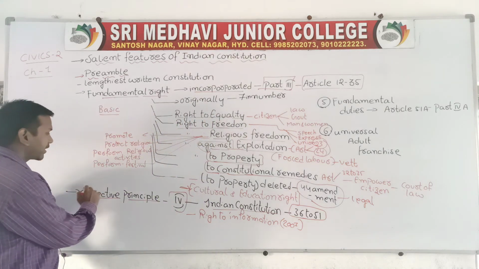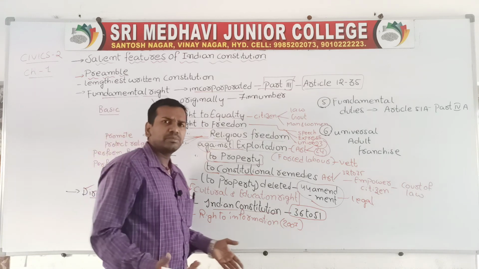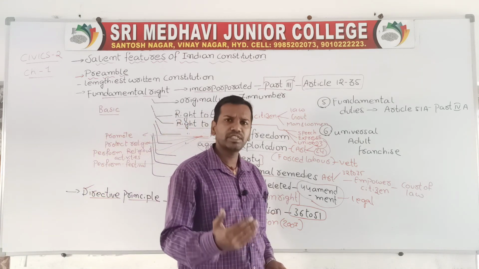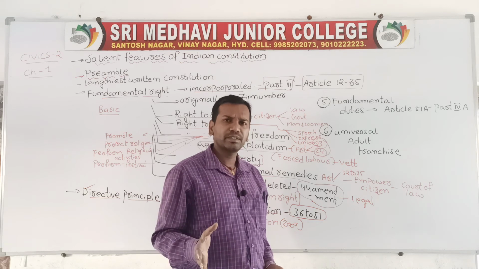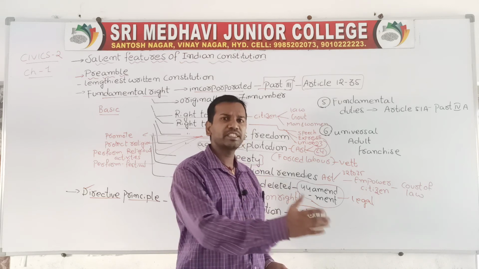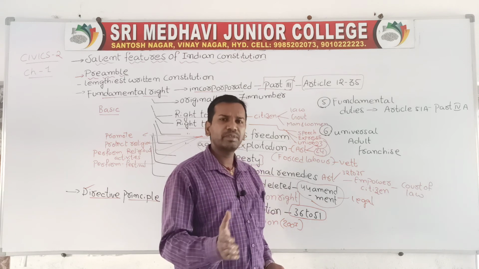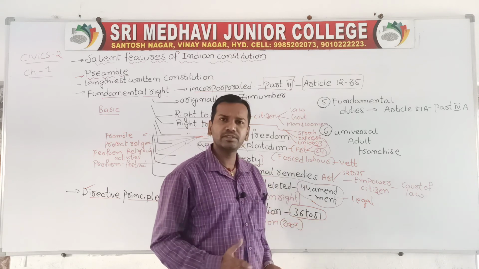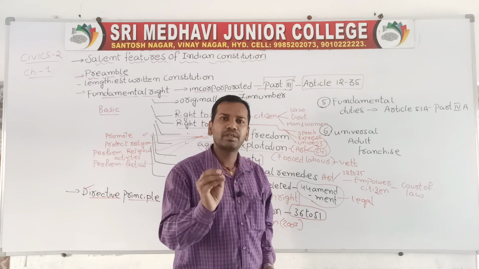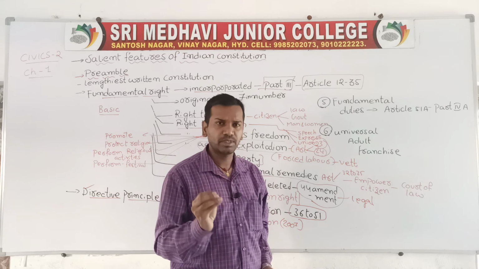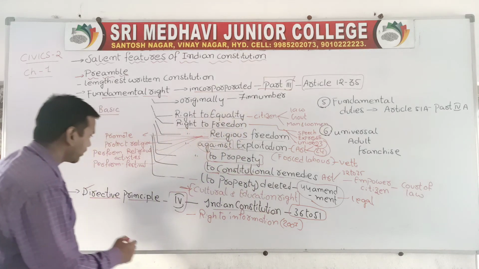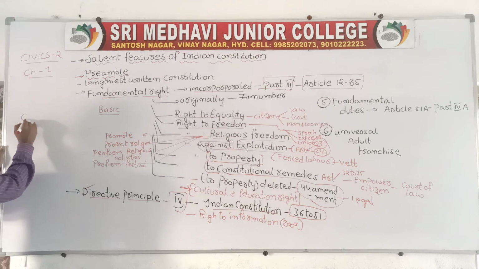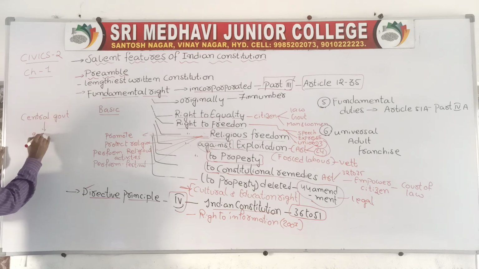Now what are directive principles of state policy? This is very important, and very simple. They are the guidelines given by the central government to the state government. Who will give the guidelines? The central government will give some guidelines to the state government, and those guidelines are called directive principles. Now you will ask, sir, what are guidelines? Guidelines are nothing but ways to develop the state. What is the main ambition of the central government? To develop the state. The central government wants the state to develop, and that's why it gives guidelines to the state government.